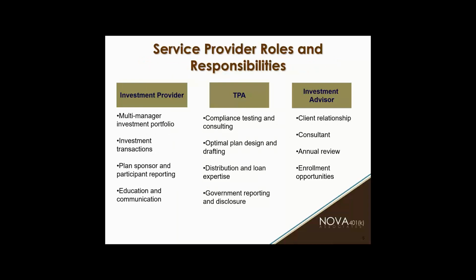Quick overview of the service model that you are all operating under with us, in case you didn't know. We work as a team with other providers to service your 401k plans. So typically in any 401k arrangement, there are four distinct roles to be played. The one that's not on here is the one that your company plays, but the other players here include the